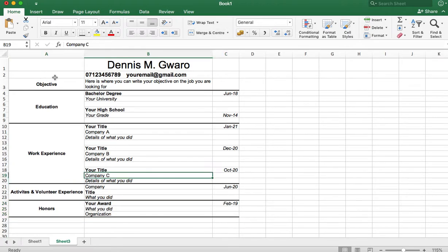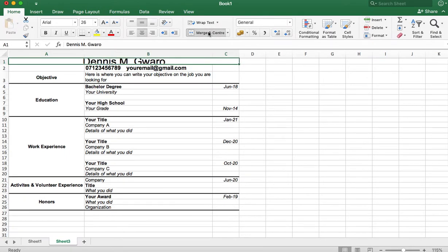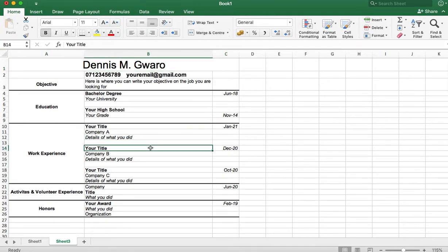Then I can decide to put my title from there to here. Actually, I merge and center. Just like that. So it's beginning to kind of look like a CV. So here I presume you're going to have some details. Remember to wrap text whenever you want text like this. For example,